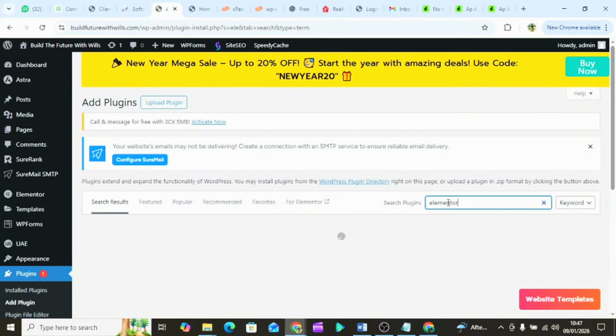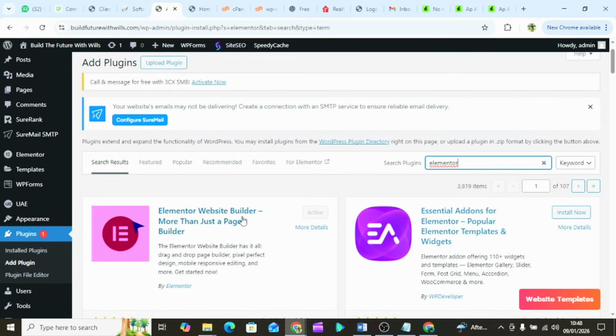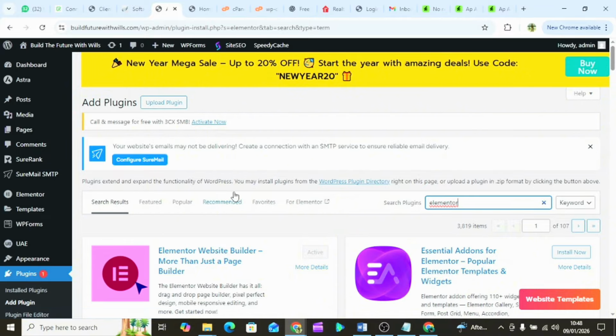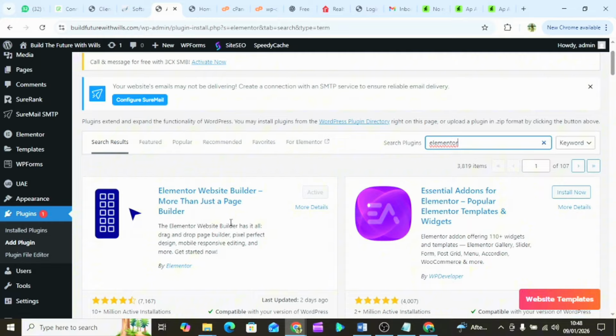Elementor, right? Make sure you install Elementor. So you see, Elementor website builder is already active because I use this upload plugin, because I have it on my system. I have the pro version. There's no need for me to use the free version when I have the pro version. But trust me, everything I'm doing here, the free version can actually still achieve it. So we are not installing Elementor. We are going ahead to install